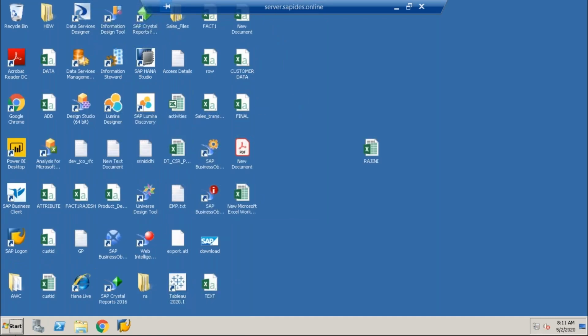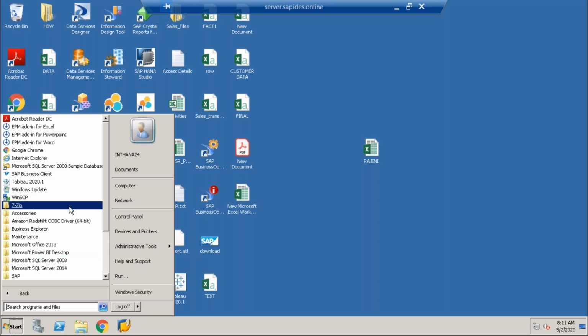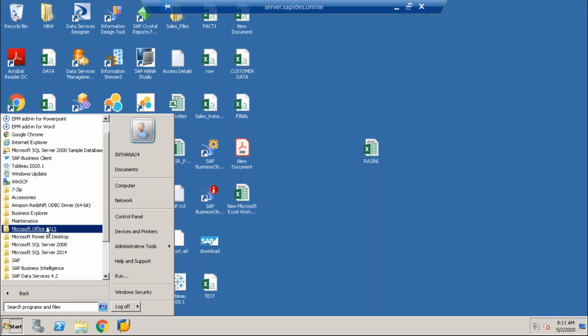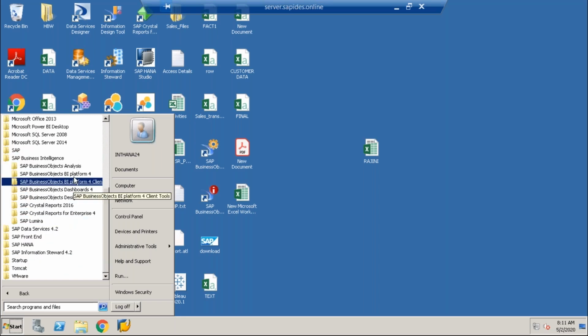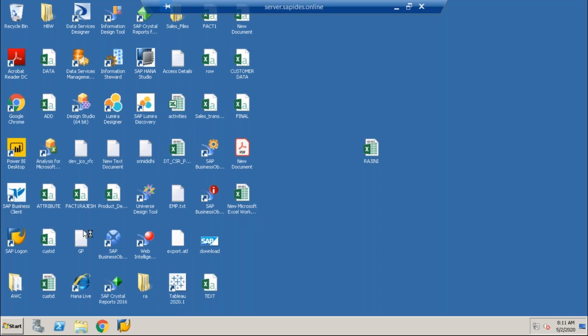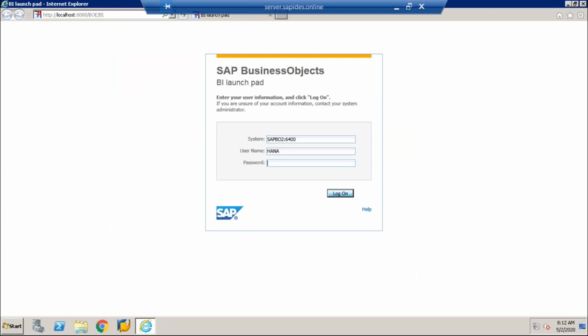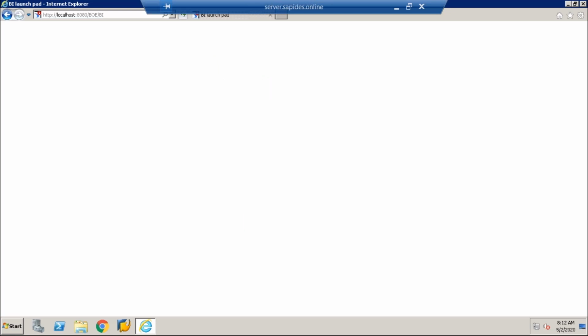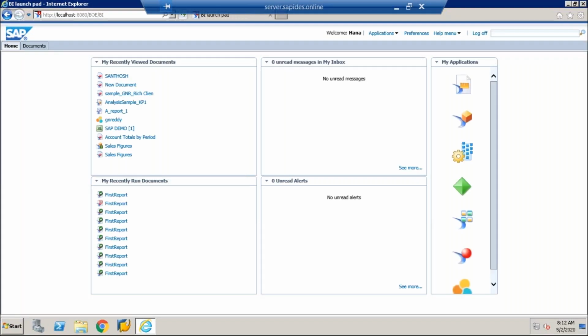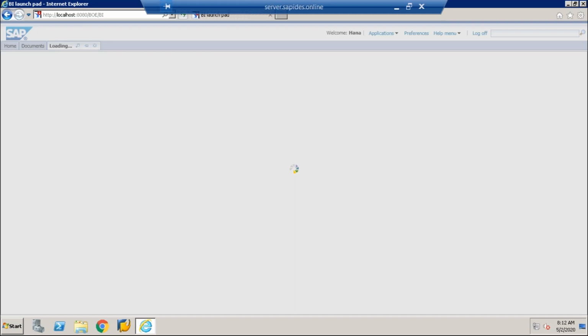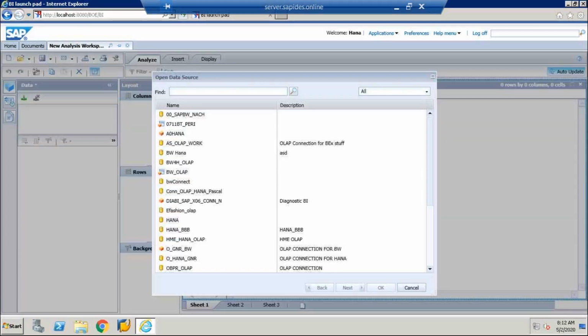So here I open this BI Launchpad web-based tool, the Java web-based tool. Go to the analysis office tool application here. So the tool will be generated.